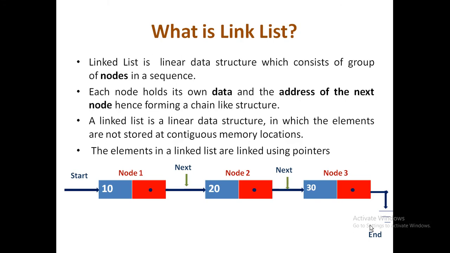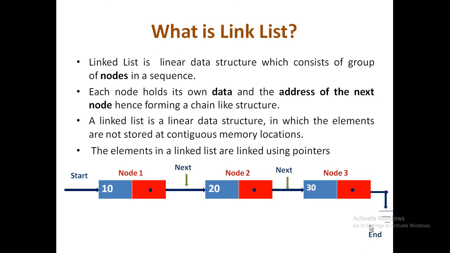Linked list is having a beginning as well as an end. So the start pointer is always connected to the first node in the linked list, and the next field of the last node in the linked list is having a null value, which indicates that there are no more nodes ahead and the node is the last node in the linked list.